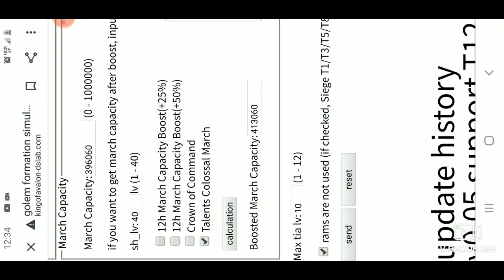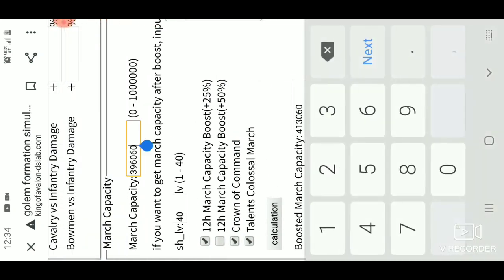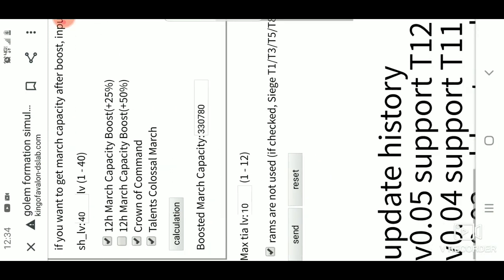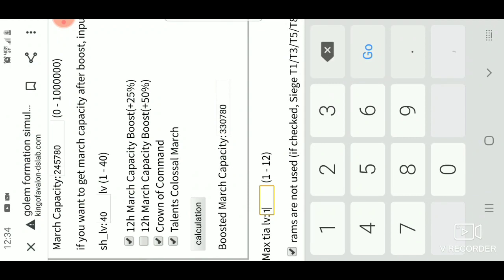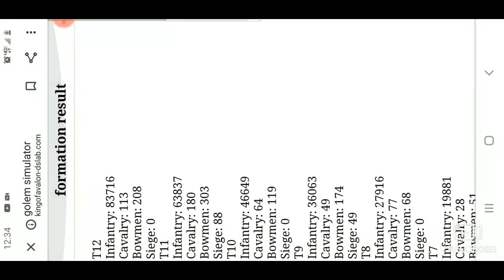Now if you don't use these and you plan on using them, then you would select them, so base march size, whatever the case may be, and then you hit calculation and it would bring up your actual march size. Max tier T12s, you always want to click rams are not used because they don't do a whole lot of damage, and then all you do is press send, and it looks weird right now because I didn't put in the stats,